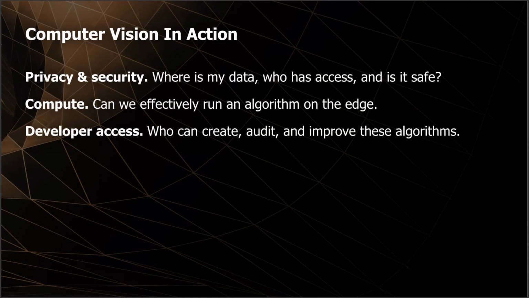But that goes into compute. We don't have the same amount of compute on the edge as we do in the cloud. So can we even run these algorithms? They have to be low powered, these devices, maybe battery powered even. You're not likely to find a beefy, several hundred watt GPU in your doorbell. And so compute is a big barrier. You need efficient algorithms and you need good hardware to be able to run some of these more powerful computer vision algorithms. And then there's developer access as well.